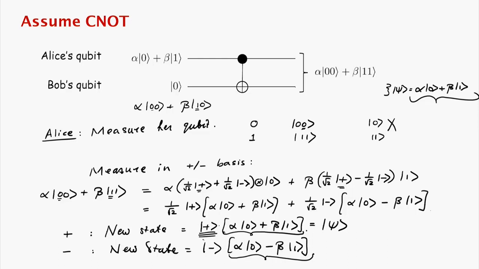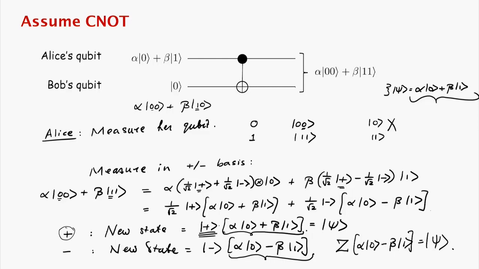convert it into psi. So which gate would you apply? Well, you want to change this phase from minus to plus. How do you do that? Well, you apply the phase gate, Z, right? The phase flip gate. So Z times the state alpha 0 minus beta 1 is equal to psi. So what Alice should do is measure her state in the plus minus basis, and then